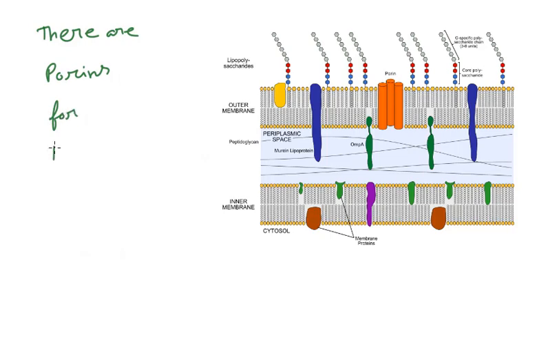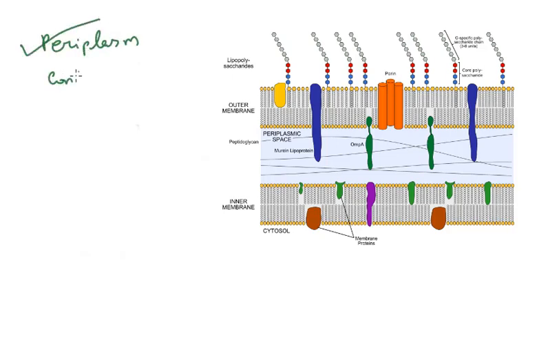There are porin proteins in this bacterial cell wall, because as it is a very complex structure in the case of gram negative, for the sake of the transport of very essential elements we need porin proteins here, but gram positive bacteria do not have any porin proteins. Now periplasm, which was not present in the gram positive bacteria. Let's have a look at the contents of periplasm.